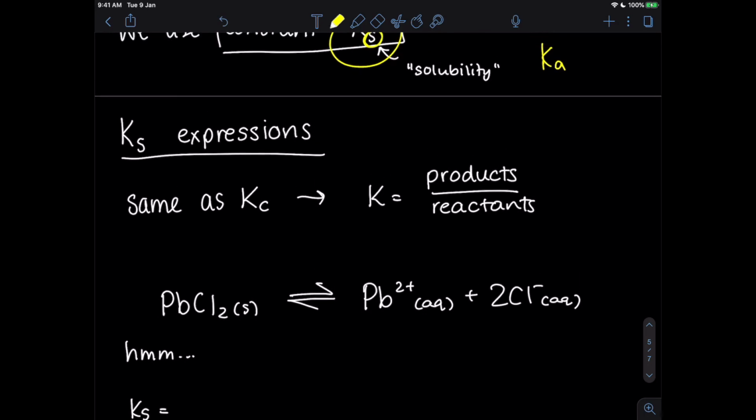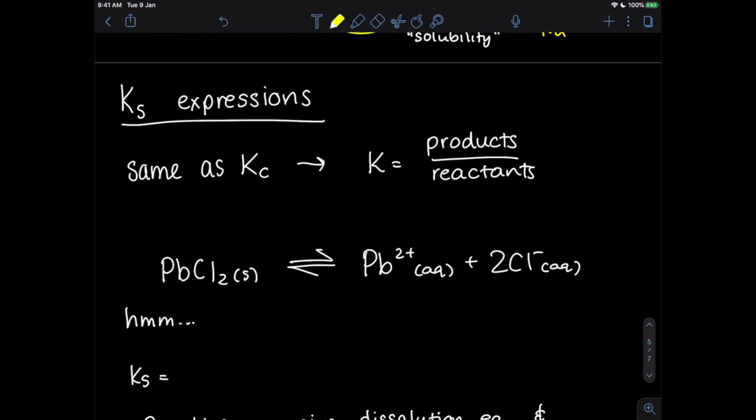So we take the same method for Ks expressions as we did for Kc expressions, where C was concentration. So that's just your standard, basic equilibrium, where K is equal to the concentrations of the products divided by the concentrations of the reactants, where we leave out solids and liquids. And it's really important that you check your answer and also any equations that are given to you in your exam to make sure that they're not trying to trick you with anything, and look for these solid and liquid